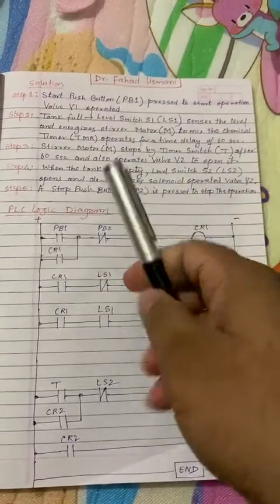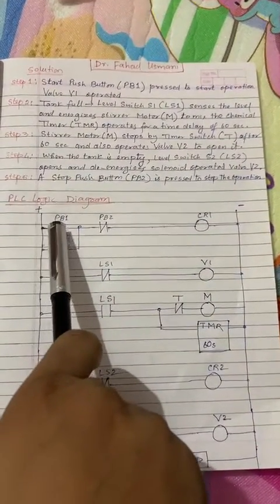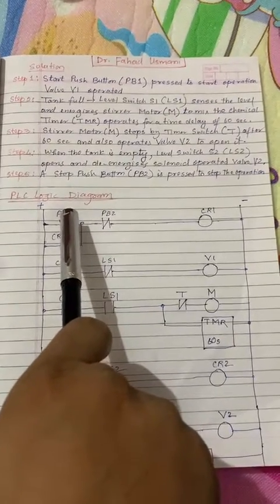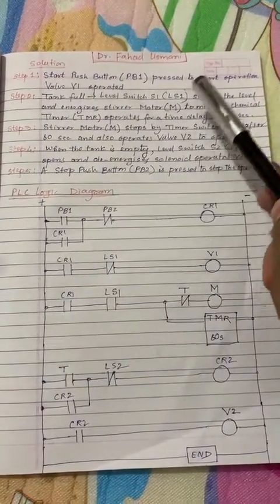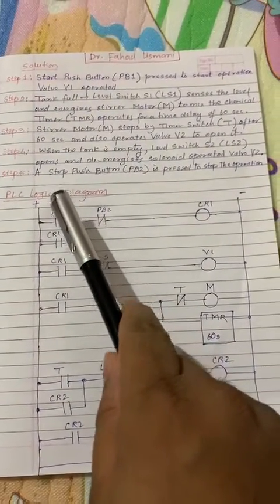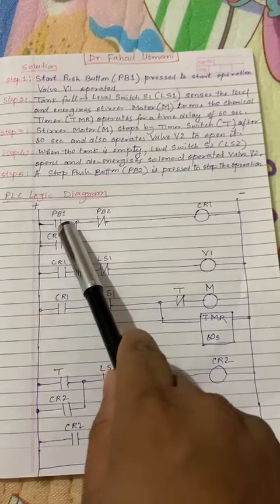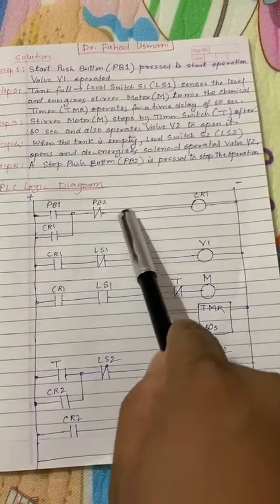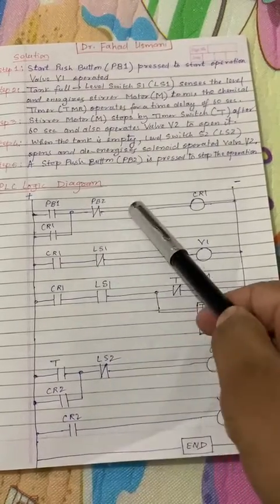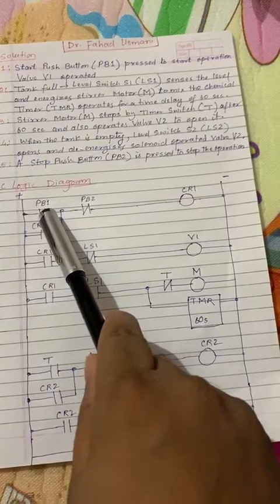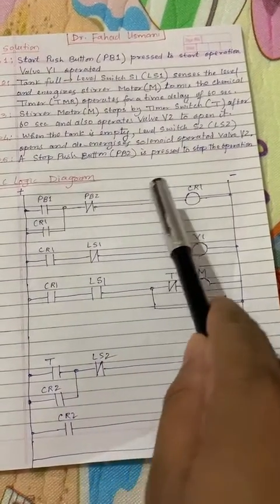If you see here, the current starts from here. This is our push button 1. The notations are PB1. You can easily make out the notations from here. I have already mentioned everything here. Now the current flow: when we press the push button, this is normally open and this is normally closed. Why this is connected here, you'll come to know in the second or third step. Now when we push the button, the current flows from here and goes to the relay.